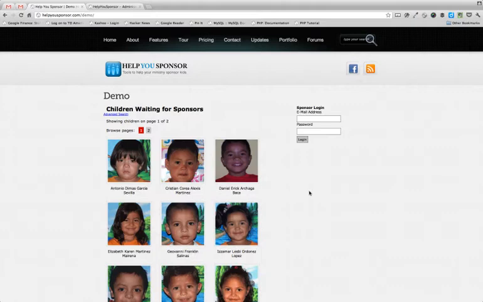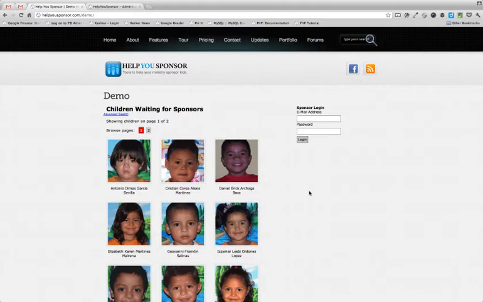First thing I want to point out is how we are now integrating the application with client websites. We're using the same technology that Facebook uses for creating apps on Facebook. In the same way, you'll integrate with your existing website using what's called iframes. Simply copy and paste a piece of code onto a page on your existing website, and your child sponsorship application